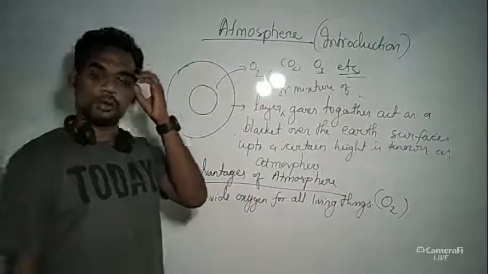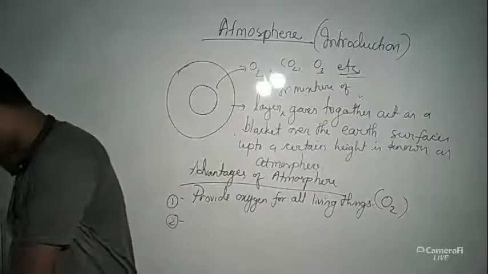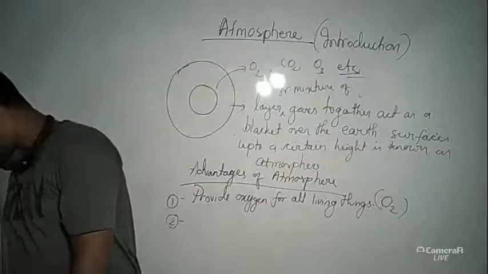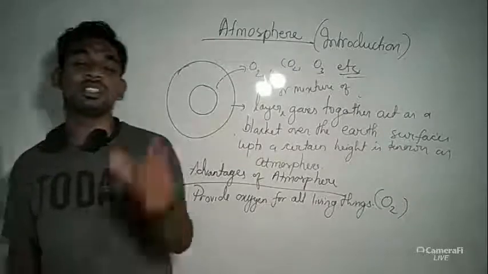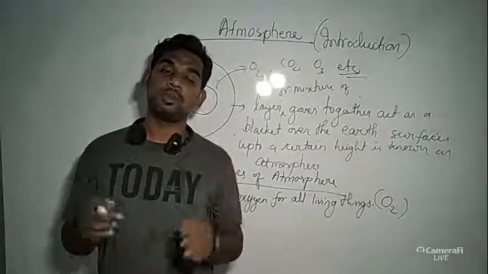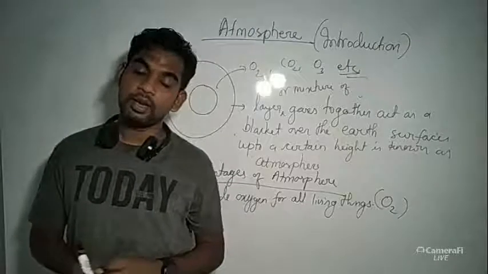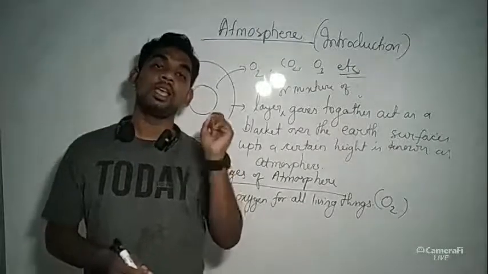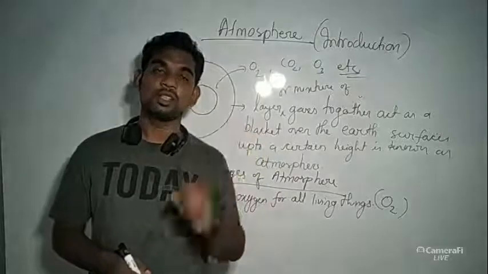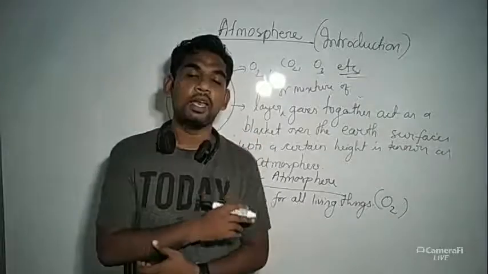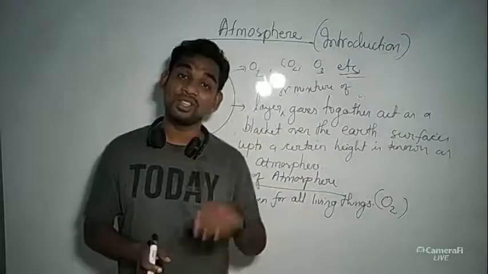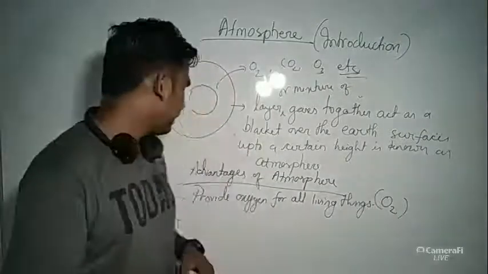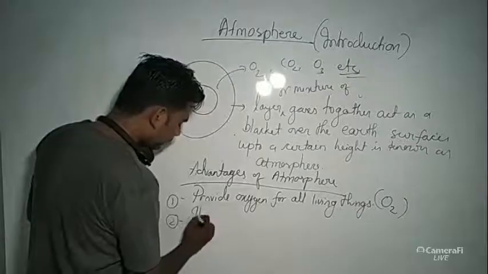But I want those who are using this book, the second point that is given: it provides carbon dioxide for the survival. Just do one thing, cut down the statement called survival. Simply write, it provides carbon dioxide for the process of photosynthesis to the green plants. Okay, write down, it provides